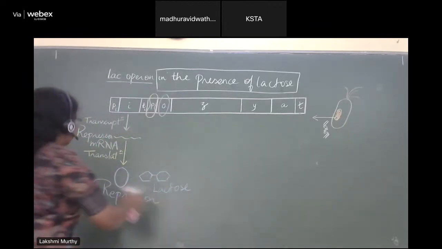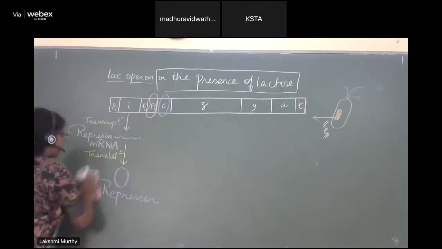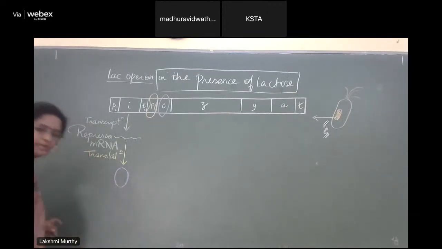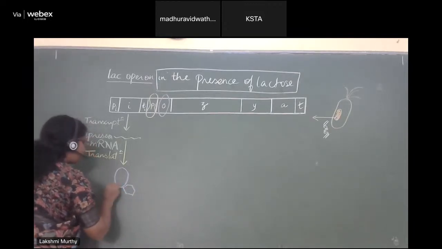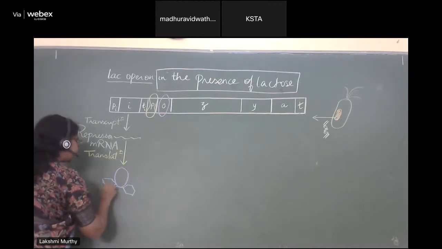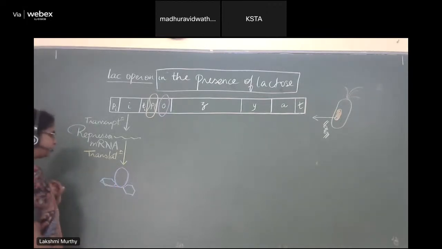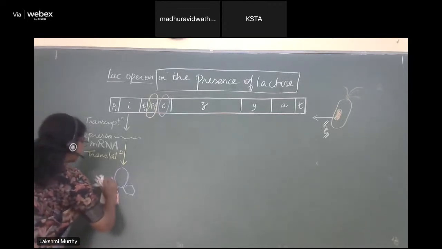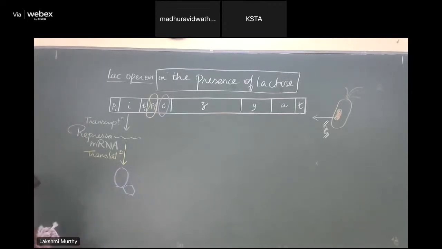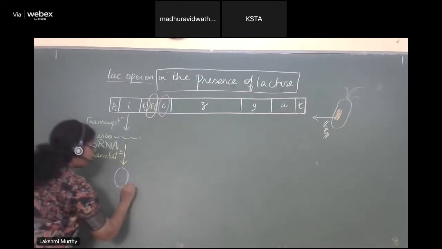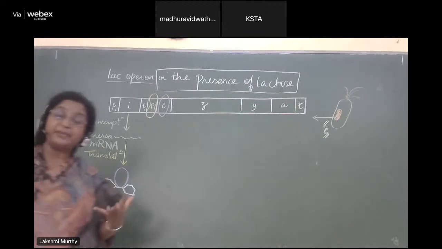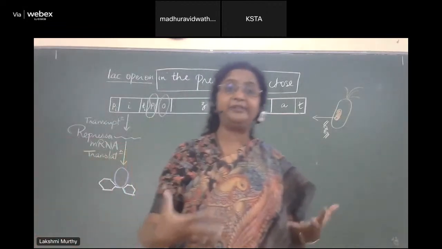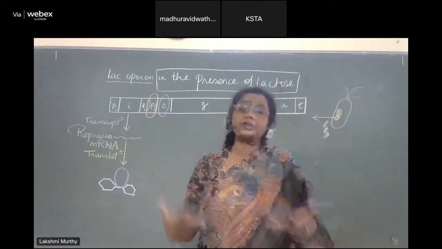Now, what happens as a result is, as soon as lactose binds to the repressor molecule, this is the repressor molecule, and this is the lactose which is going to bind to it in this manner. As soon as lactose binds to the repressor molecule, you will immediately see that the repressor molecule immediately undergoes a conformational change. In chemistry, you all have learned how important the structure of your chemicals are.